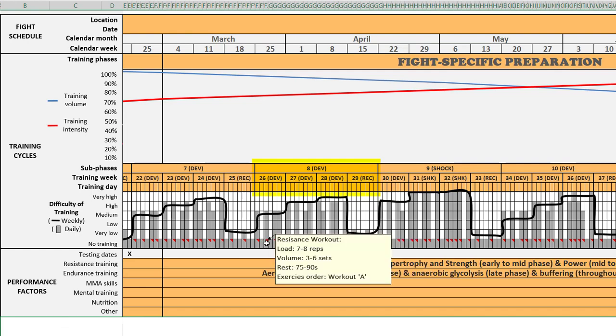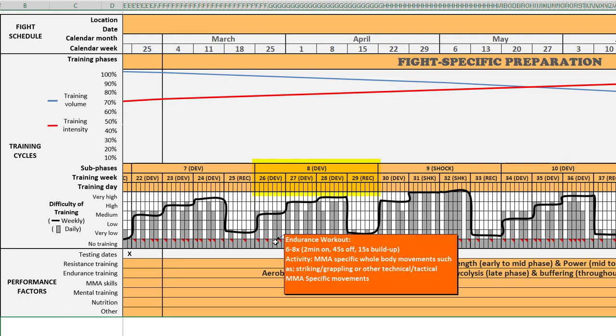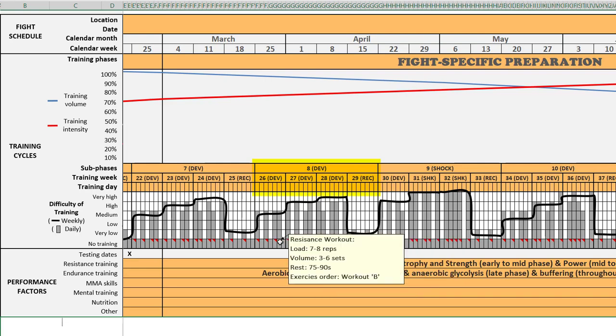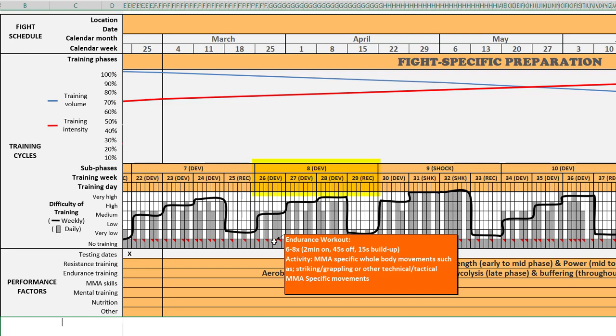Now, for the resistance training workouts, we tend to stick with the traditional movements, but in this case, we're progressing with our workout and adapting, so we're going to decrease the repetition range to somewhere in the region of 7 to 8 reps, and we're going to be going through about 3 to 6 sets, and so we're going to need to increase the rest to make sure that we're trying to dissipate some of this fatigue from the added weight. And you can see this pattern continues here in the next 2 workouts. There's your endurance workout, and then here's your resistance workout.